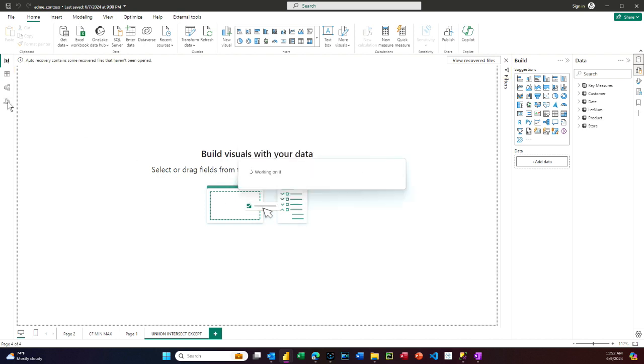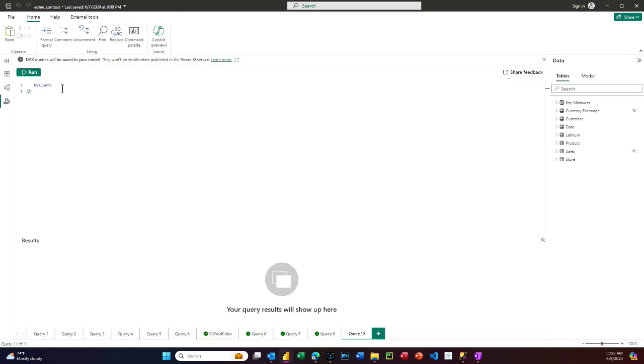Now let's go back to DAX query. I want to take Letnum, which is A, B, C and 1, 2, 3, and cross join the columns. I don't have to have two tables because I'm going to take Letnum and make it into two tables, one for each column.